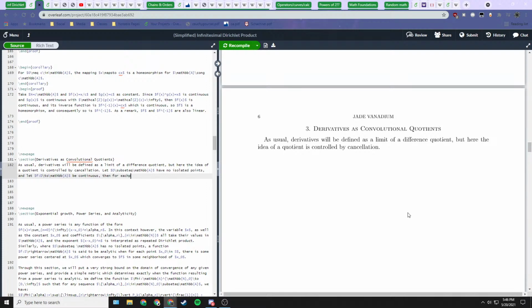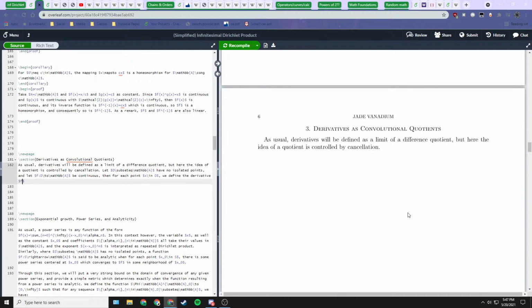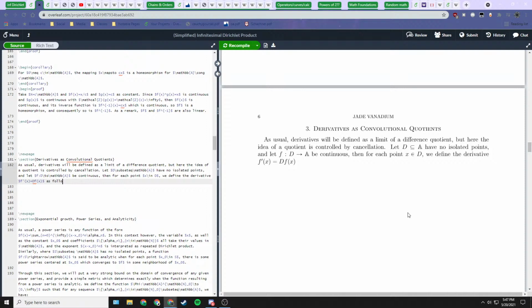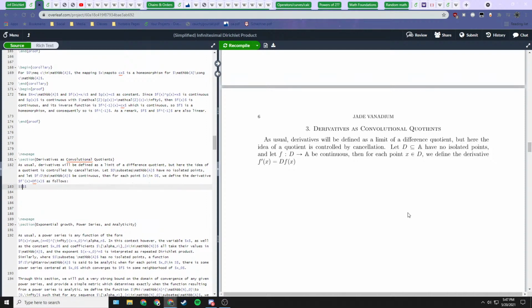Then for each point x in D, we define the derivative f prime at x, or df of x, so d for derivative, as follows. So we have the limit as we'll say